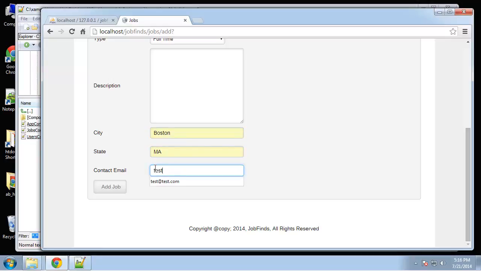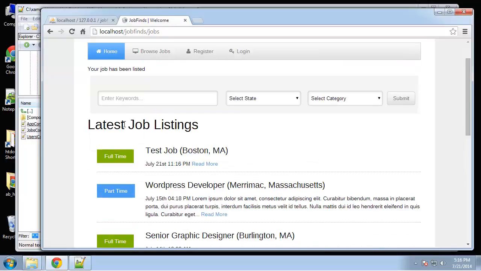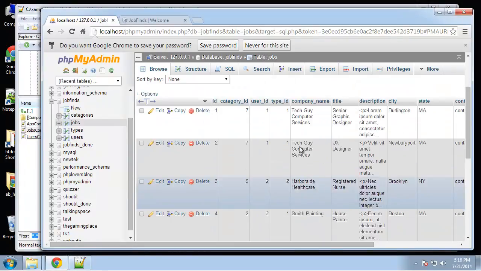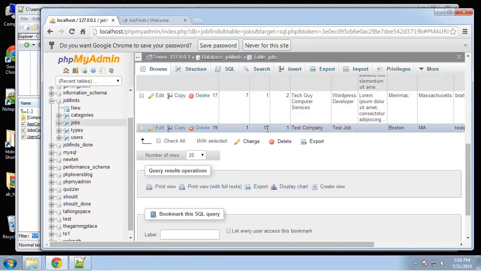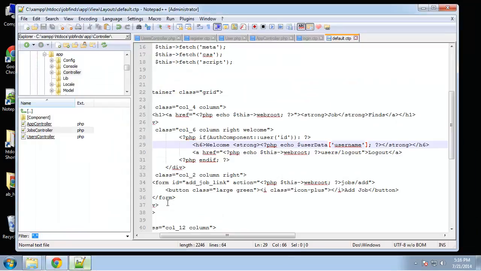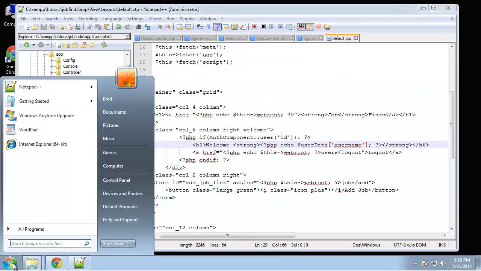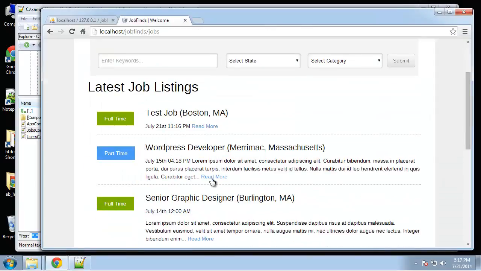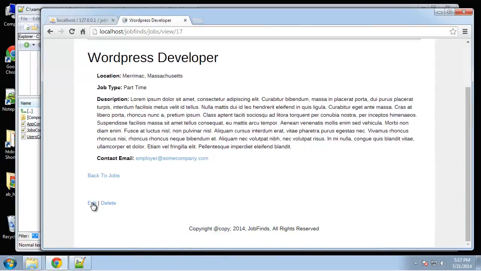Add job. There it is. Okay, if we look at the jobs table, now you can see that the user ID is 17, so that's good. Alright, so as it is now, if I go to say this job here, we can see edit and delete,